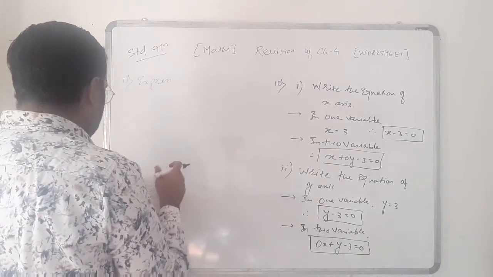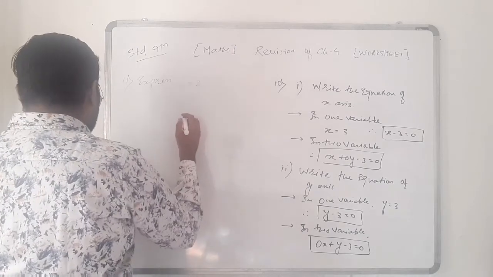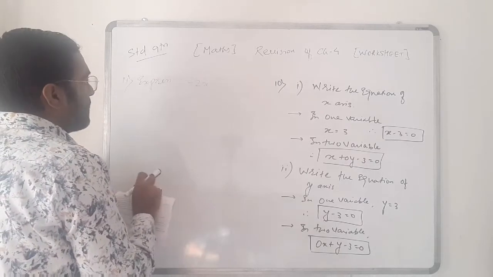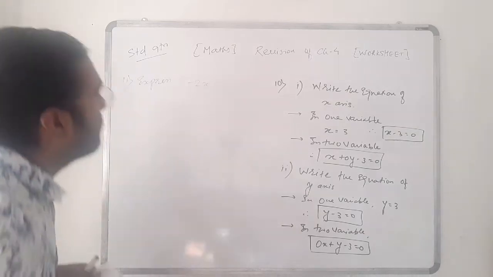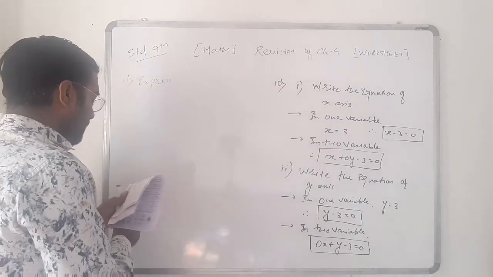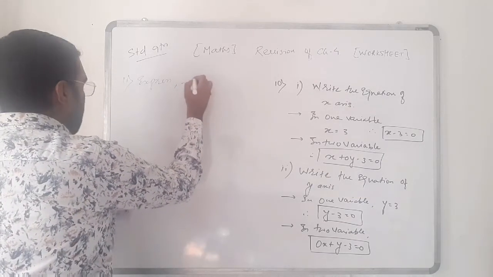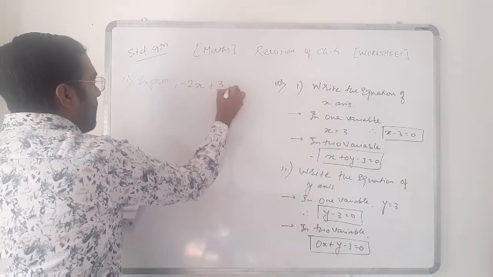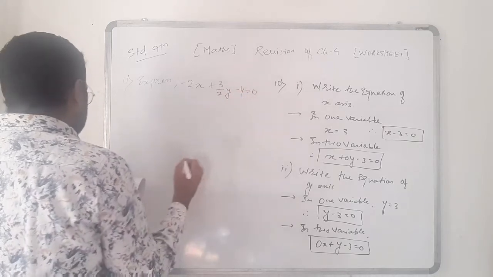Express minus 2x plus 3 by 2y minus 4 equal to 0